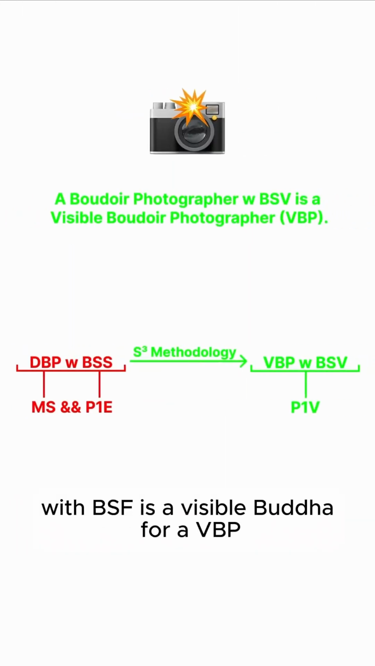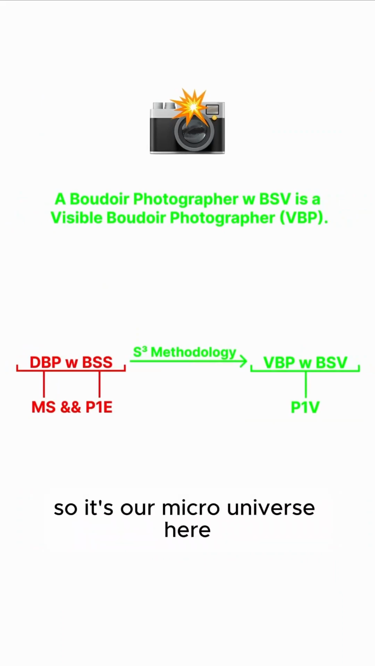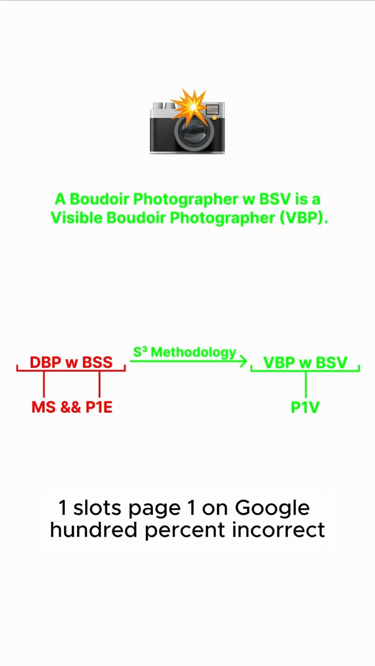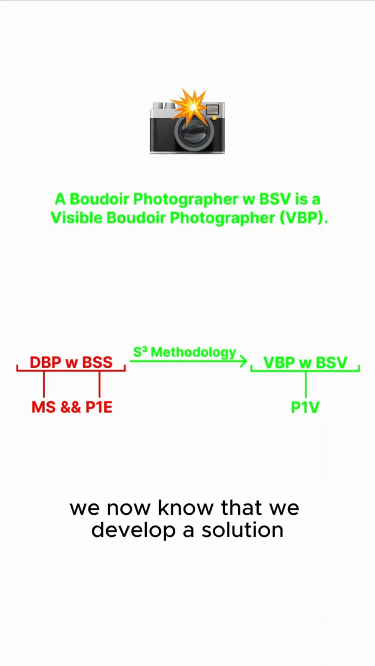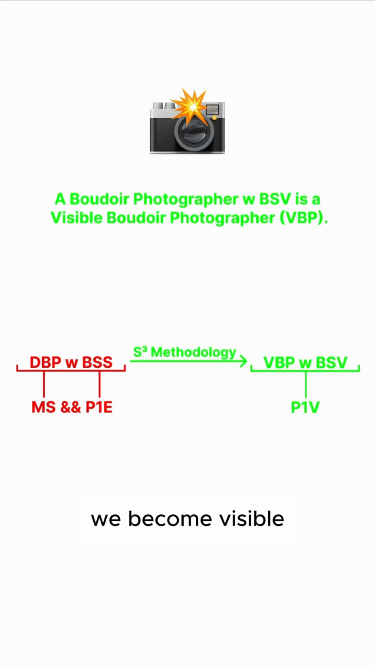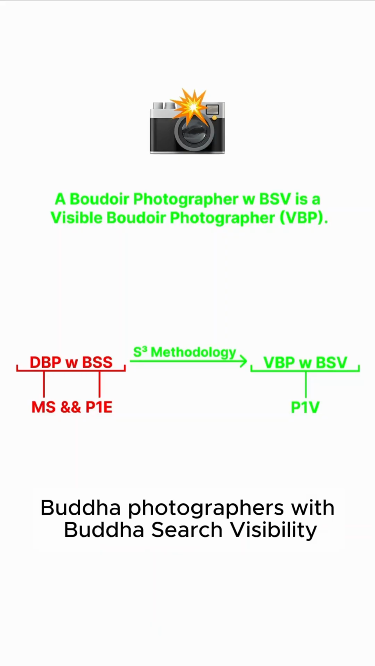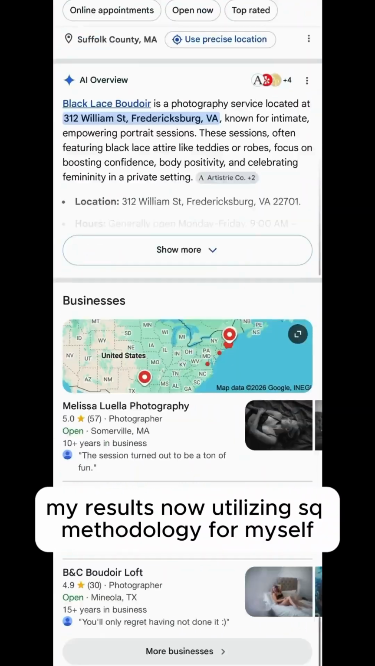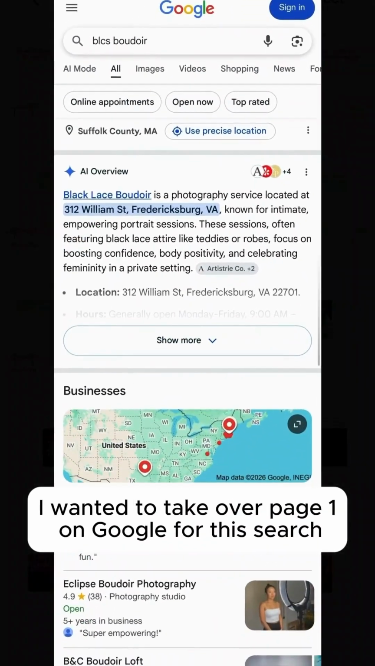And a boudoir photographer with BSV is a visible boudoir photographer, a VBP. So this is our micro universe here. A disappearing boudoir photographer with boudoir search sameness is caused by the dual horns of market saturation and the false belief of page 1 equality. People thought they simply had to accept having 0 and 1 slots on page 1 on Google. 100% incorrect. We now know that. We developed a solution, S-cubed methodology. We achieve page 1 visibility. We become visible boudoir photographers with boudoir search visibility. All right, my results now utilizing S-cubed methodology. For myself, I wanted to take over page 1 on Google for this